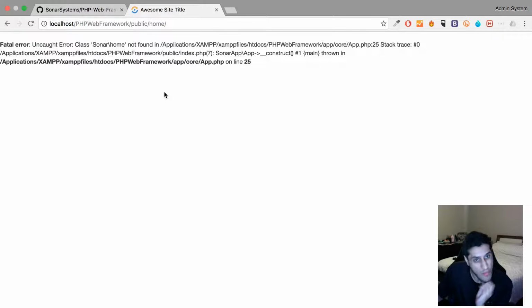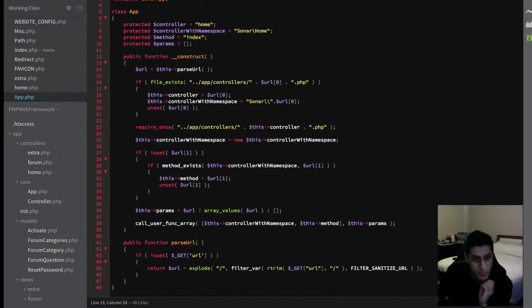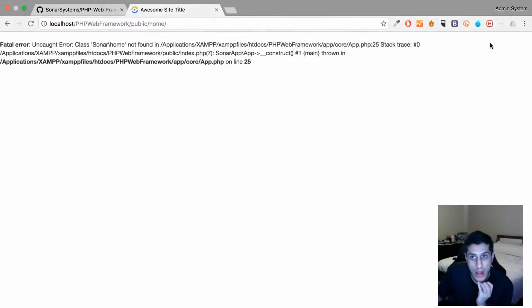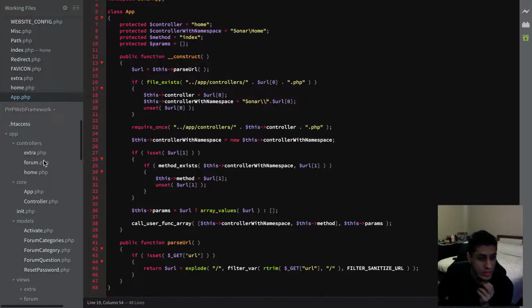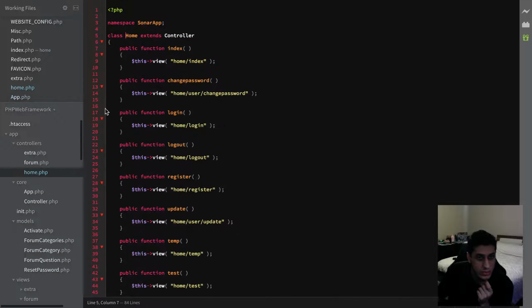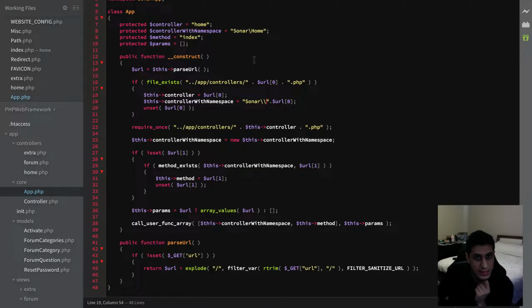Sonar home not found in app.h, line 25. Okay, so if I go to the controller, home is here. The default method is index. If it's unable to find it,